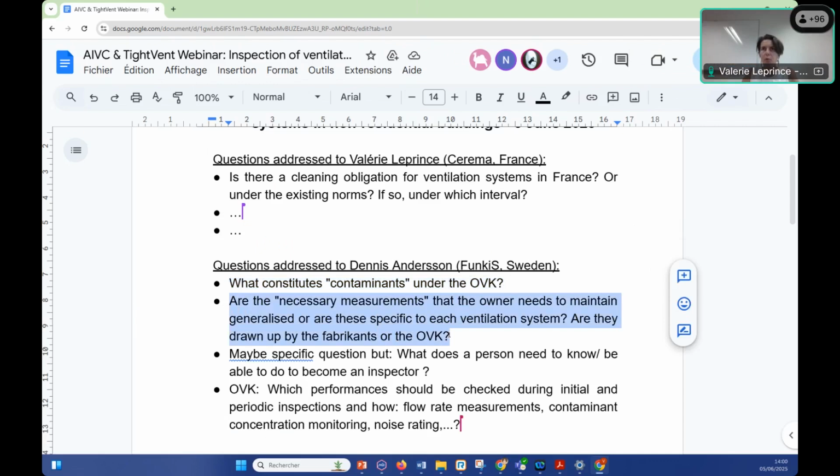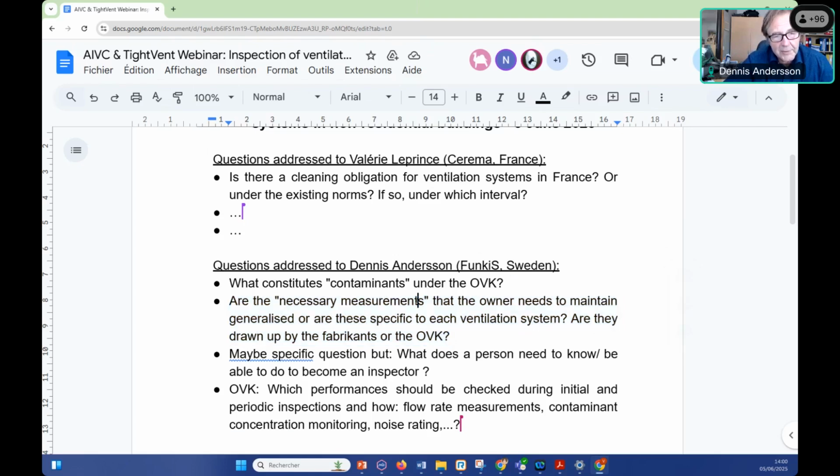Are the necessary measurements that the owner needs to maintain generalized? Are they specific to each ventilation system, or are they drawn up by the fabricant or the OVK? Well, it could be, for example, that the airflow is too low, depending on dirt in the ductwork, and then you should clean the ventilation pipes. So it's not expressly outlined in the regulation how you should rectify what is wrong, but you should take the measures necessary to make the ventilation work as it was intended when